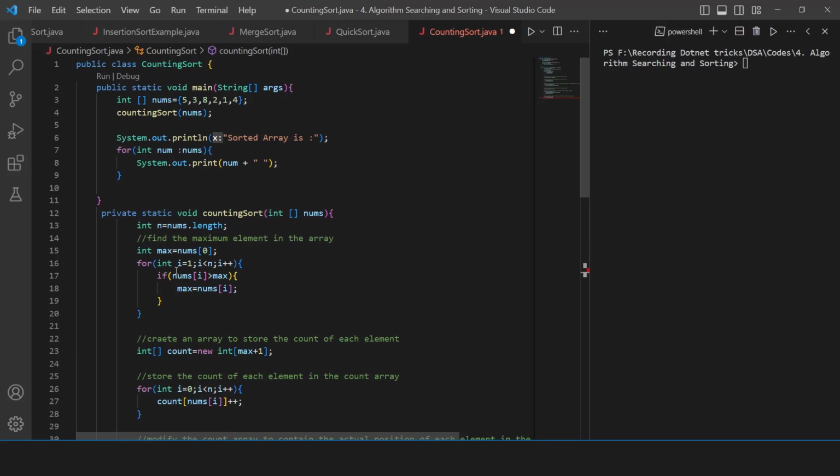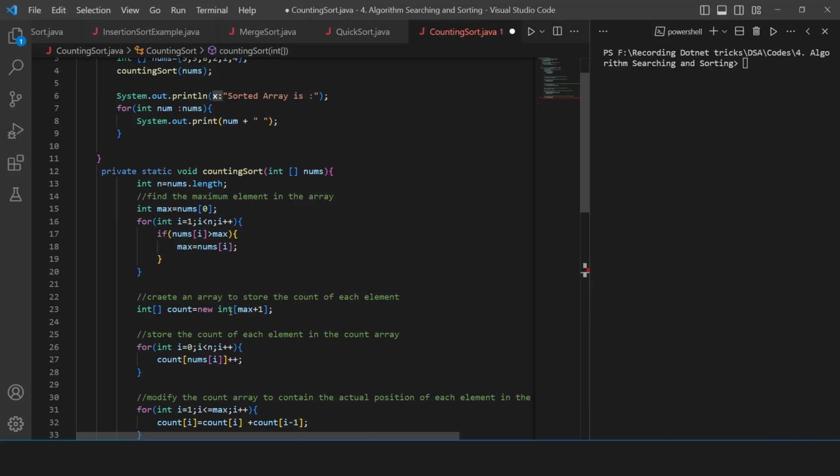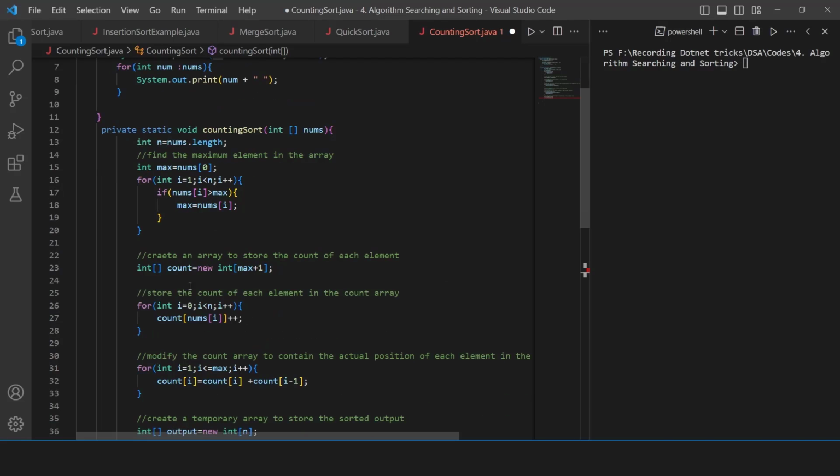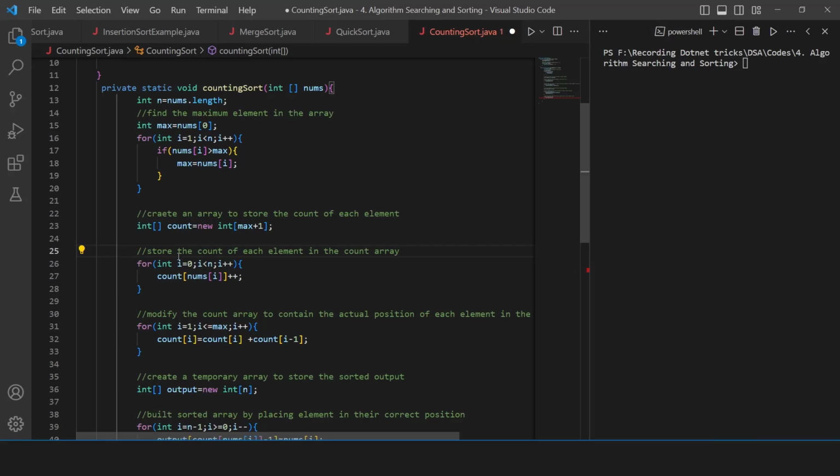This loop iterates through the input array to find the maximum element, that is max. It starts from the second index, i equals 1, and compares each element with the current maximum. If a larger element is found, it updates max to that element. This step is necessary to determine the size of the count array, because the size of the count array is going to be max plus 1, right? So now the next loop we have taken is,